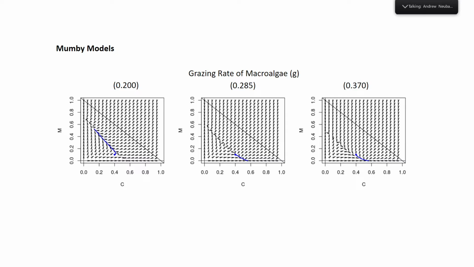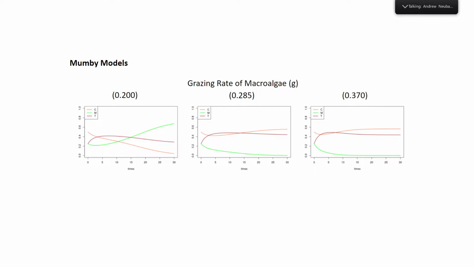These three models do make sense when thinking about the system, because at higher grazing rates, the macroalgae should be seen to die out and would allow for coral to thrive within the system. On this slide, the previous vector fields can be visualized in terms of their population densities and how the populations will change over time. So on the first model with a grazing rate of 0.2, you can see that the